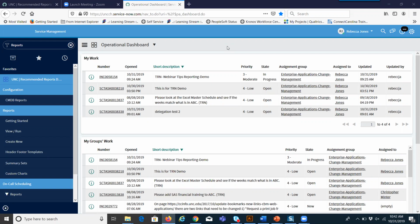You can keep multiple tabs open too. So if you're bouncing back and forth between updating additional comments in a task, but you're also working on an incident, you can do that much more easily in the new interface. Yeah. One other thing that I think you guys will like is that you won't have to